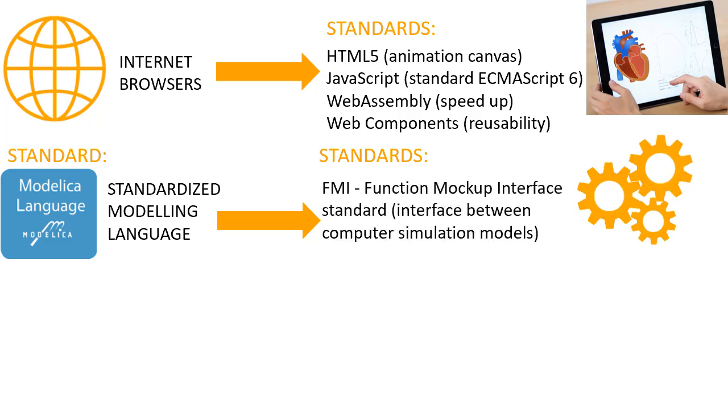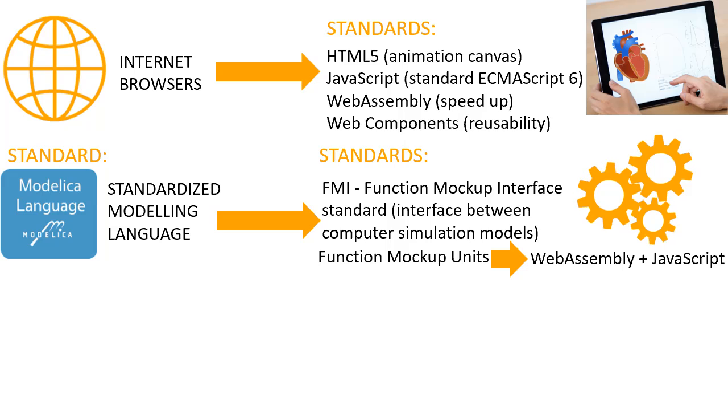The Modelica compiler, according to this standard, generates the source code of simulation models in a standardized form of so-called functional mock-up units. In our technology, the source code of the simulation models compiled into FMU units is transpiled into WebAssembly